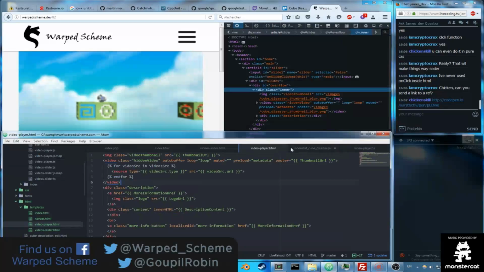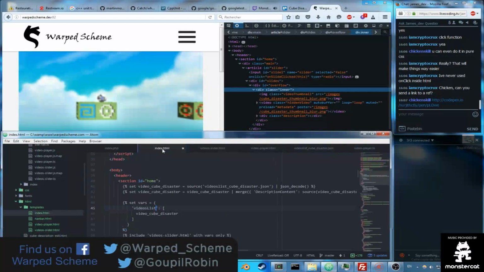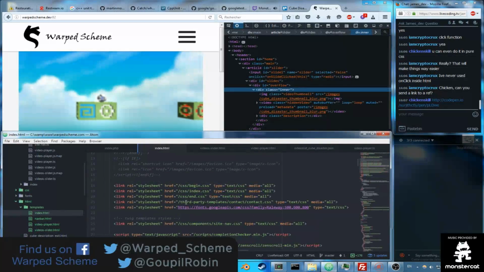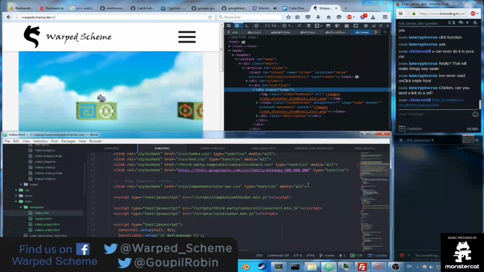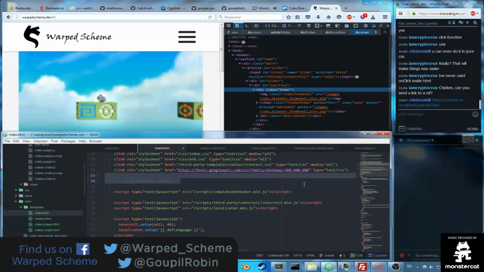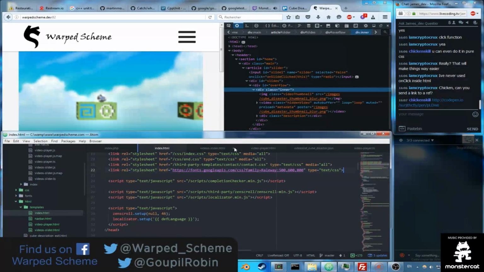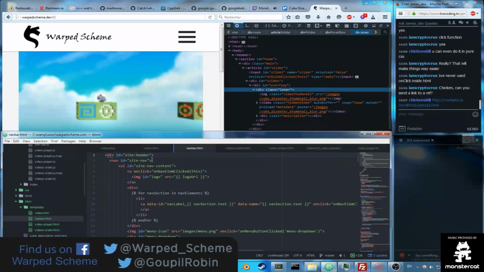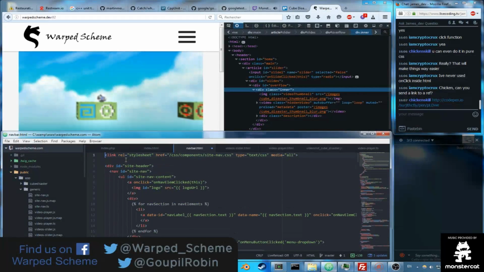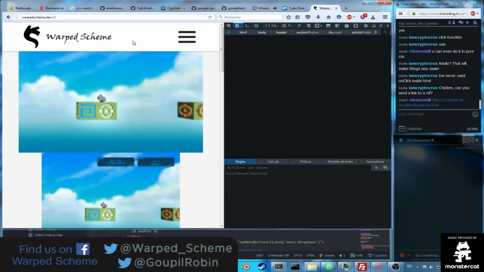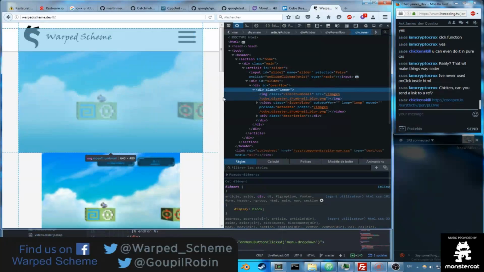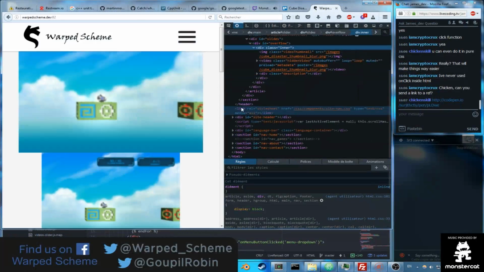Oh yes, I forgot to include the CSS for this file. I really wonder if I can just do this. I wouldn't do this normally, but that would really help. Okay, so I can include CSS. I mean, it's dirty, but